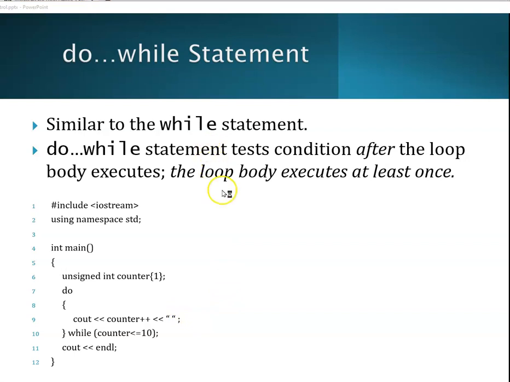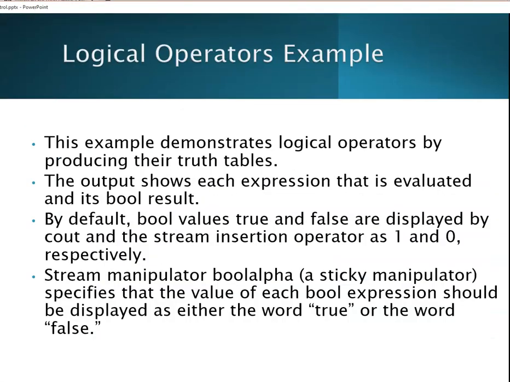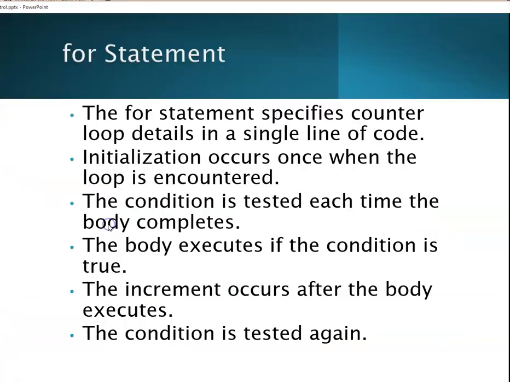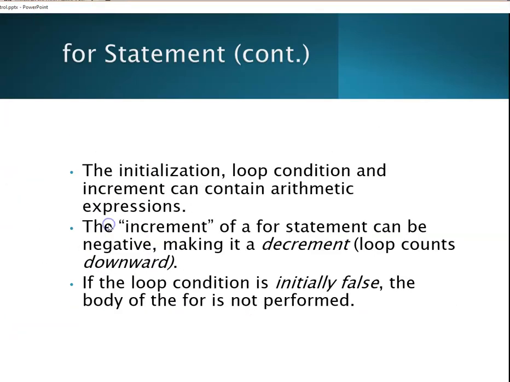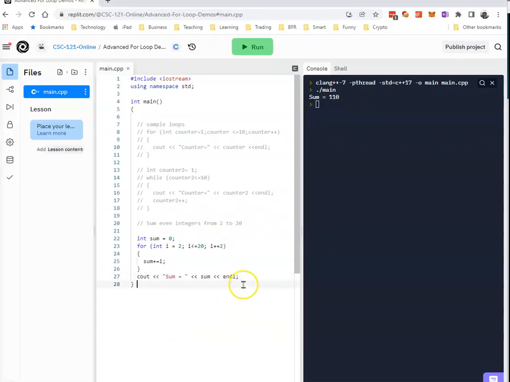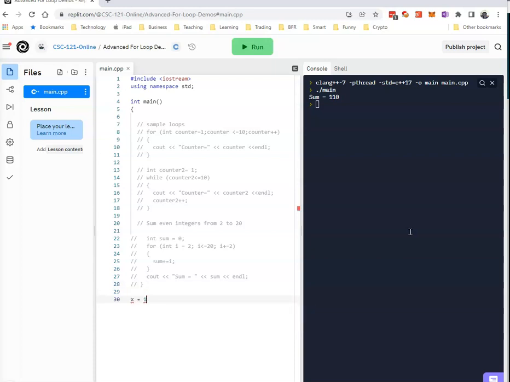So, comparing and contrasting, if we use a do while statement, so if we say x equals 1 and while x is greater than 0,